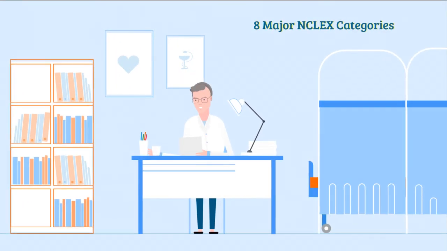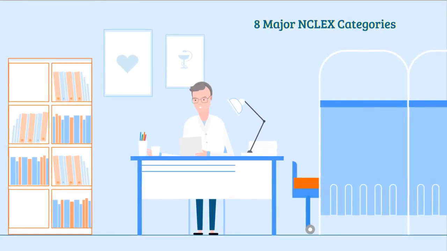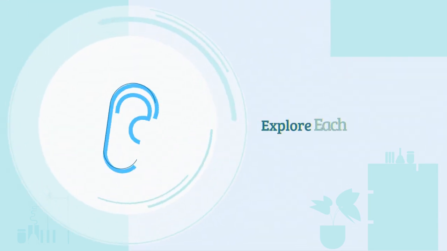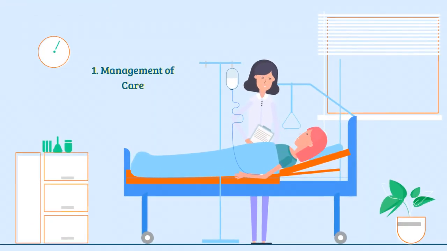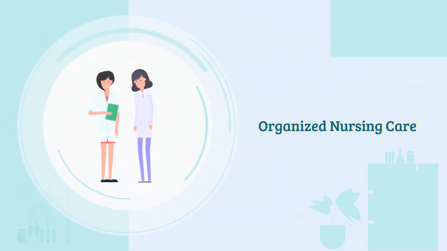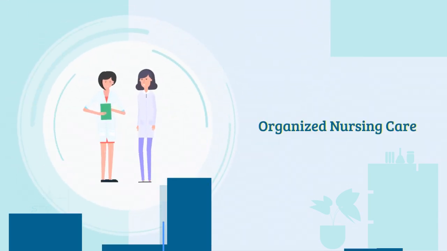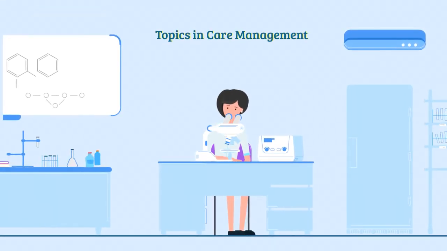NCLEX is divided into 8 major categories. Let's explore each one with examples to make it fun and easy. 1. Management of Care and Coordinated Care, PN. This is about being organized and safe in your nursing care. Topics include